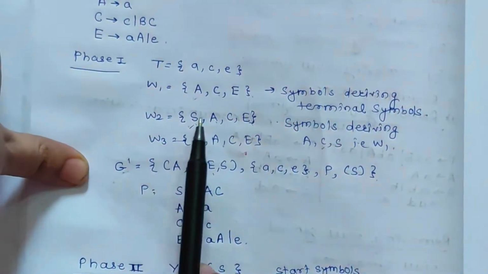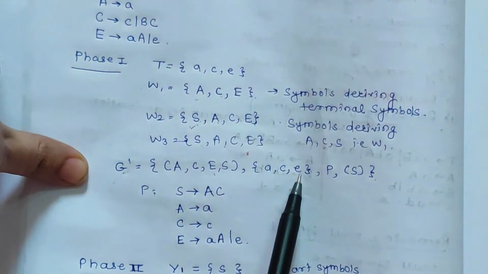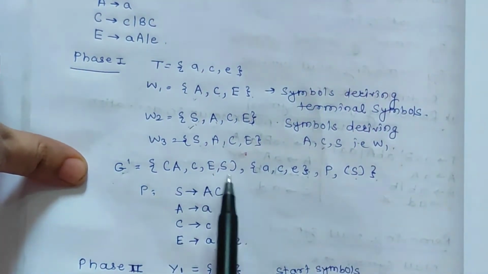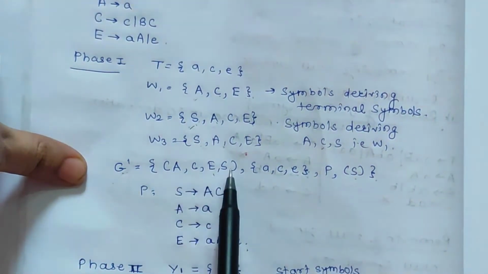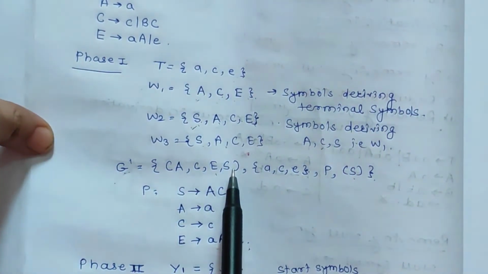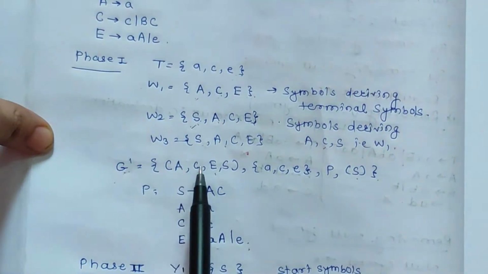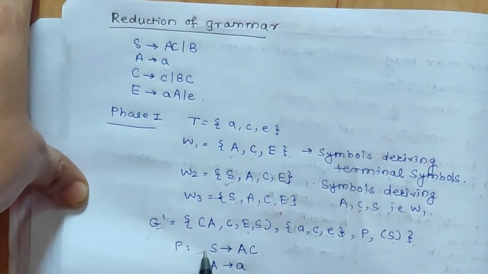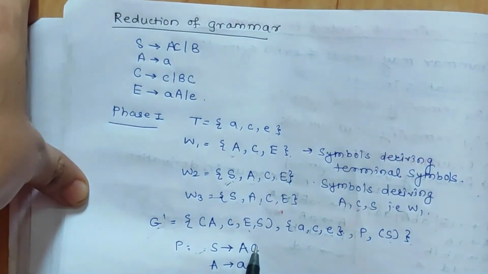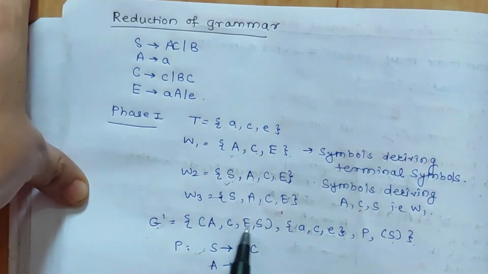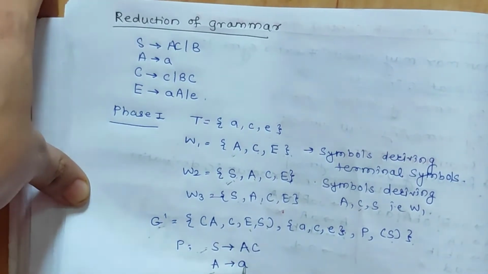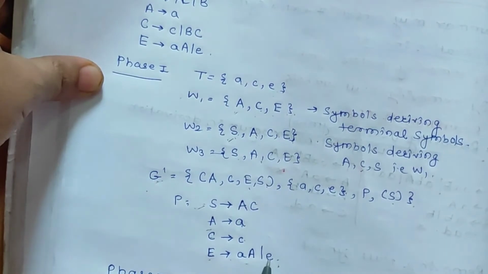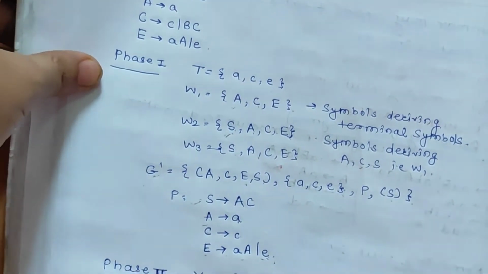That's why now these are the set of terminals, non-terminals, production rules and start symbol, and this is the grammar generated with this, and we will include all the production rules which include these symbols A, C, E and S. Okay, so S is there, S gives AC. Okay, B we don't have to include because B is not there in this list. Then A gives a will be there, then C gives c will be there, and E gives aE or e will be there. So this is the phase 1 completed.